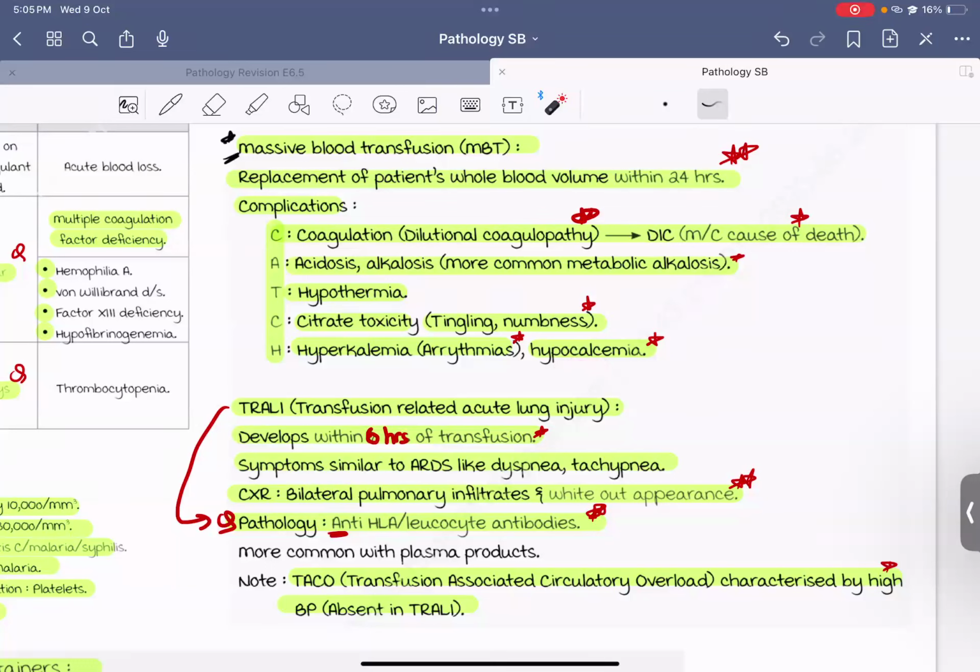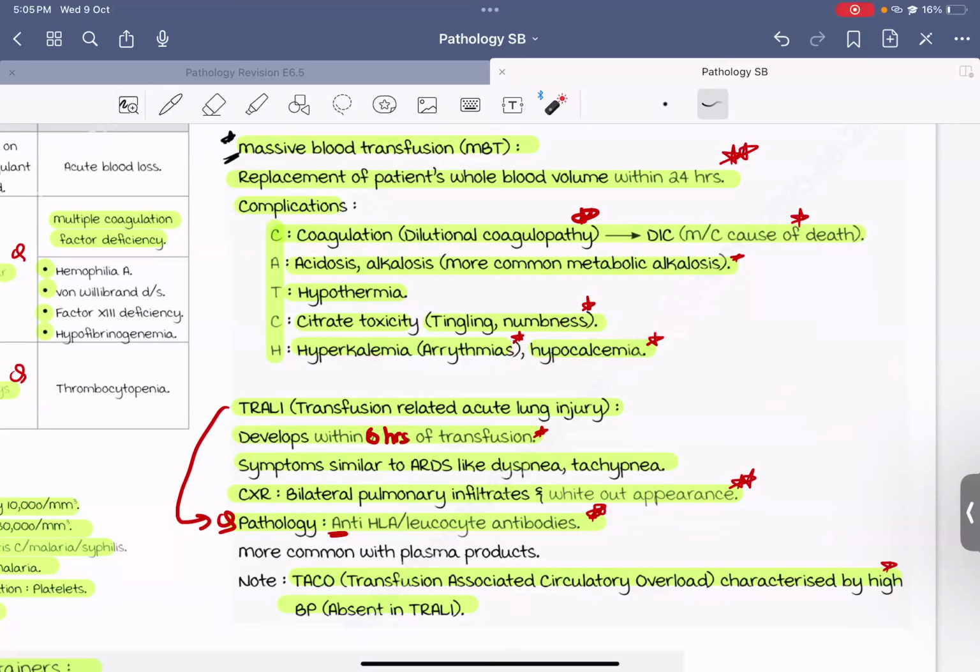You have to remember that this citrate actually chelates, or we can say it combines with the calcium which is present in our blood. So that's why we have hypocalcemia. If I talk about hyperkalemia,